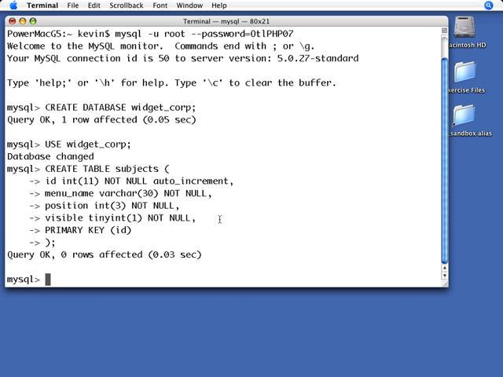Query OK. And it says 0 rows affected, but it did create the table for us. So we now have a table called subjects that has those fields in it: id, menu_name, position, and visible. Don't worry too much about primary key. The important thing is that the primary key in every case is